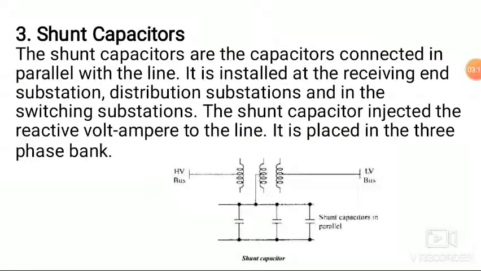The third method is shunt capacitor. Shunt capacitors are usually installed at the receiving end substation or near industrial load. Most of the industrial load draws inductive current and therefore the power factor is lagging. The line experiences IXL drop due to this lagging current. Switching in shunt capacitors compensates this inductive reactance, thereby decreasing the IXL drop. Thus, shunt capacitors can be used to control the line voltage when the load is highly inductive.